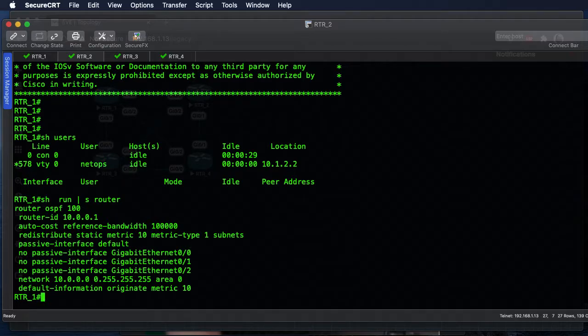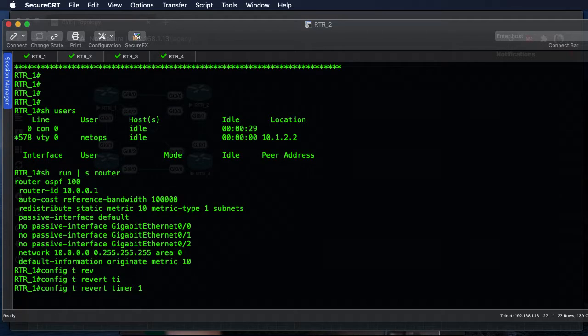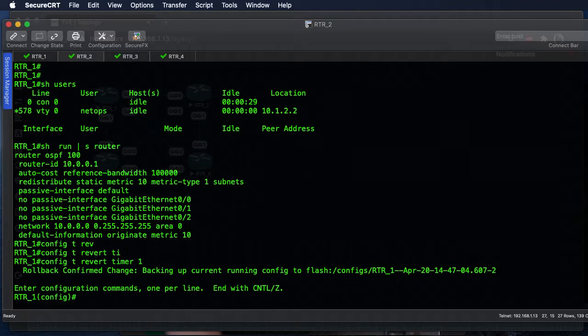So again, we start off with config t. We're going to revert timer of 1. Okay. And it's setting up to that configuration that was saved into the archive. And we say no router OSPF 100. Okay. So again, if I were to hit enter